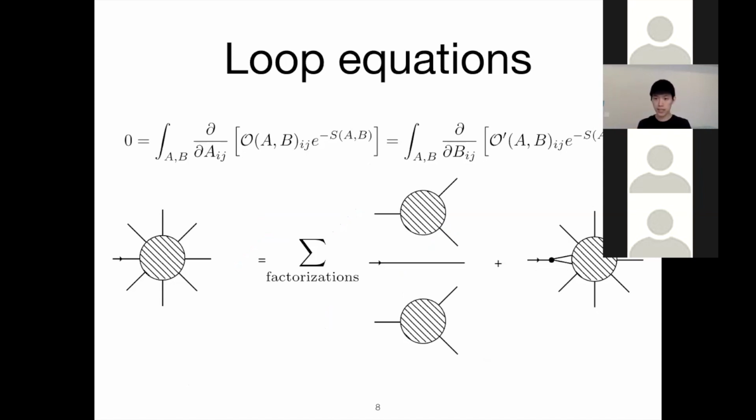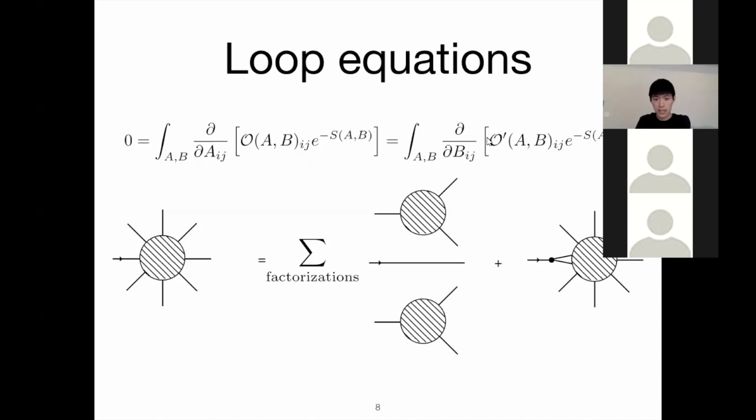Now I will explain the two ingredients that go into the new approach to solving these multi-matrix models. So the first ingredient is the loop equations. The loop equations are nothing but the Schwinger-Dyson equations, just applied to this large N matrix model context. Okay, so as Schwinger-Dyson equations, they can be derived by the standard trick of integrating a total derivative,